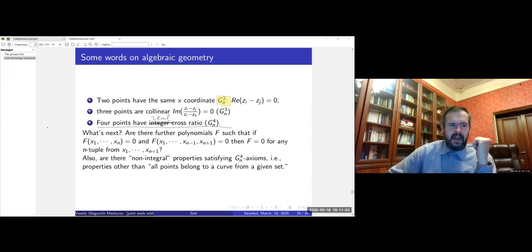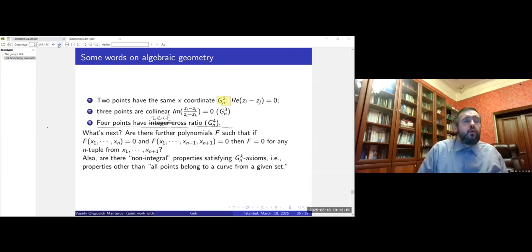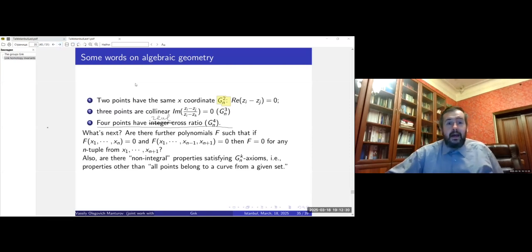And maybe we can ask what's next. Maybe there is some algebraic geometry. You may ask, well, through any 5 points, we can draw a conic, but there are some issues related to degenerate conics. But there are some problems with algebraic geometry. And actually, when we look for good properties, nice properties depending on points, we may take into account not only topology, but also maybe algebraic geometry.